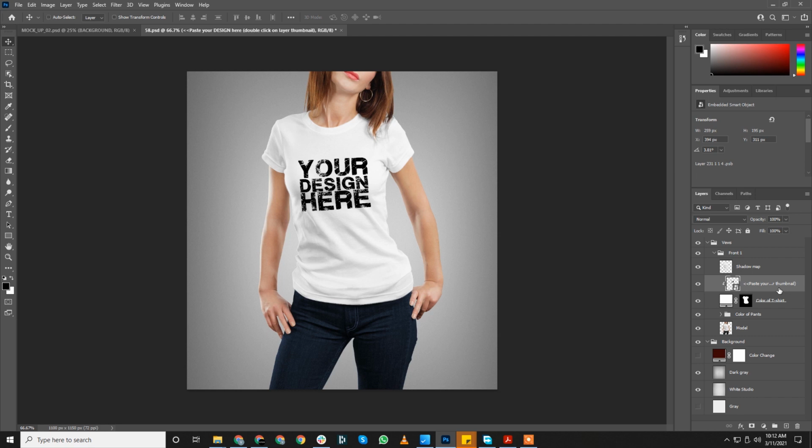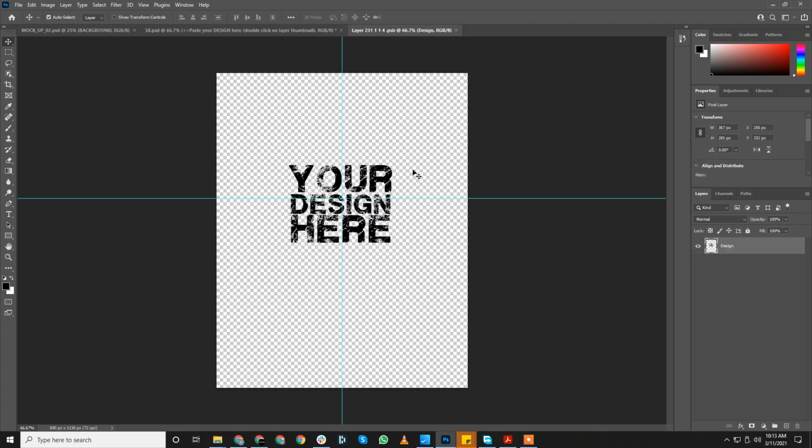I'll press Ctrl T and it will give me a view. So as you can see, this is the bounding box of the design. What I mean by bounding box is, if I escape and double click and open the smart object layer, you can see this is the perfect size for this mockup template.